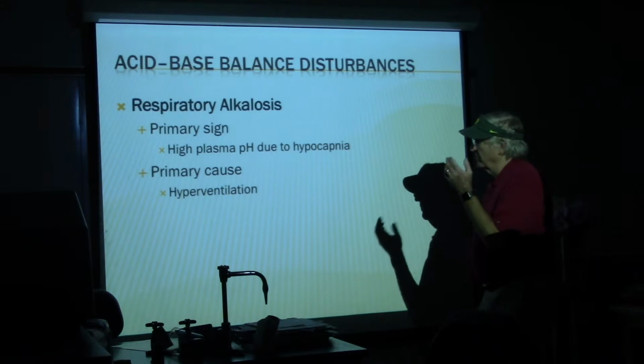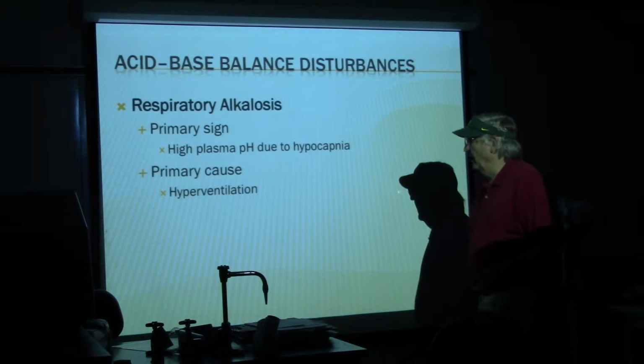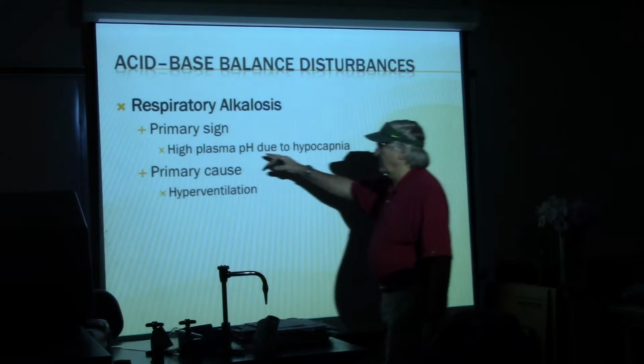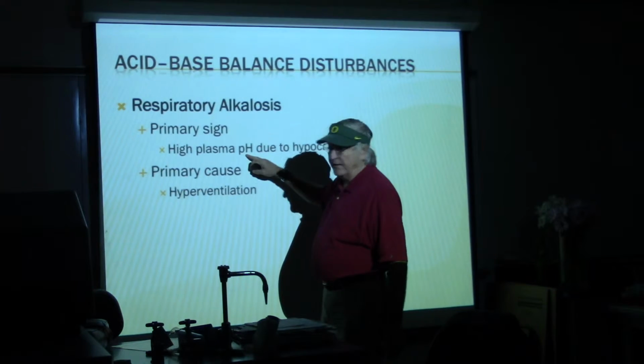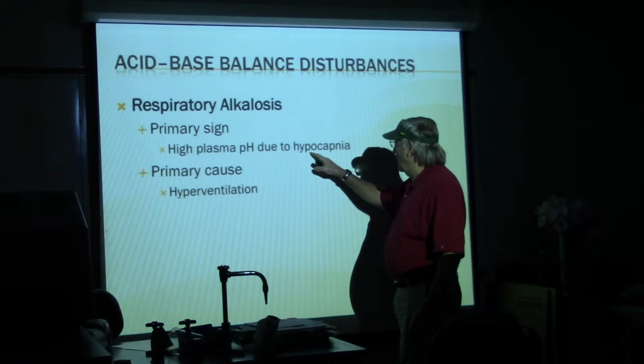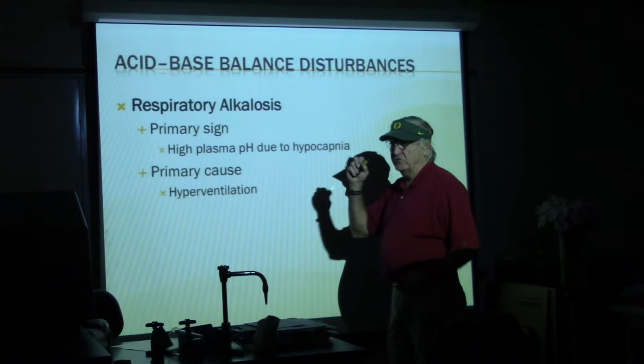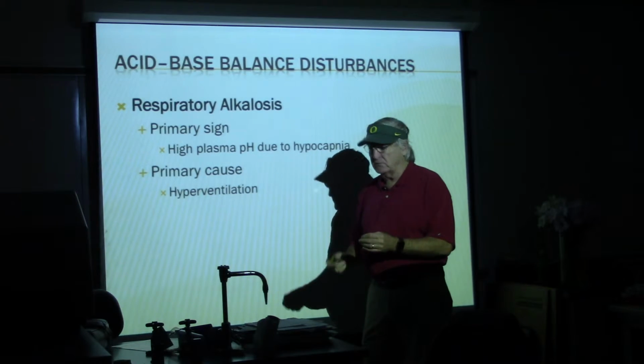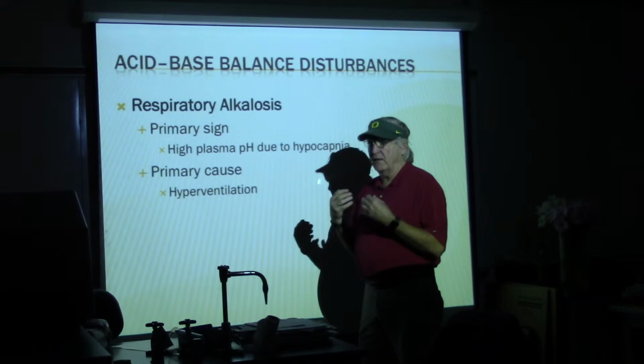The next one is respiratory alkalosis. The primary sign of that, of course, is a high pH because they're alkalotic, and it's due to hypocapnia. In other words, you've blown off too much CO2. Usually you're hyperventilating,